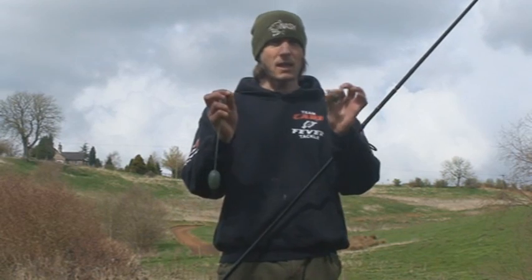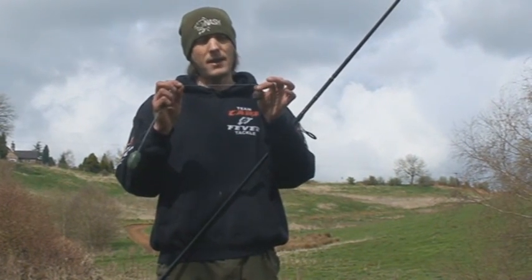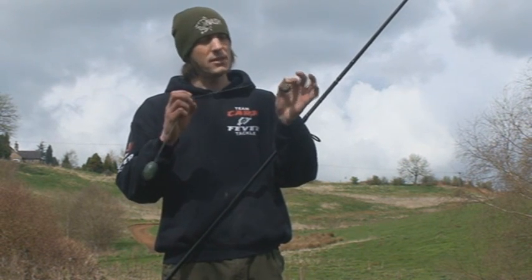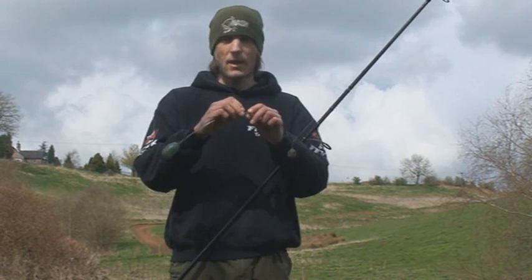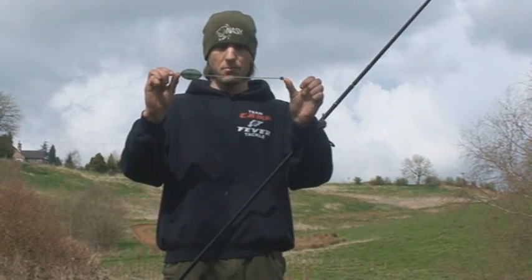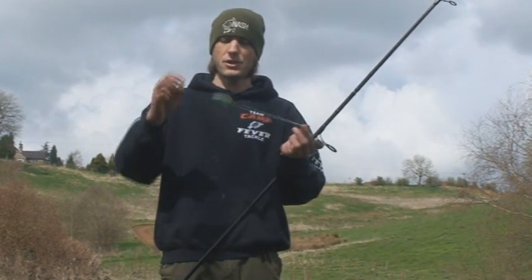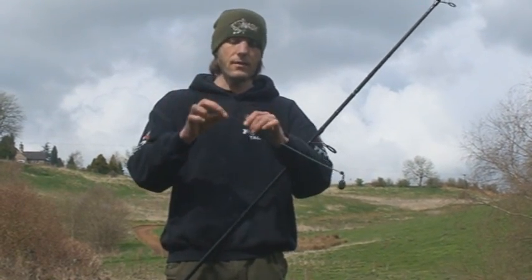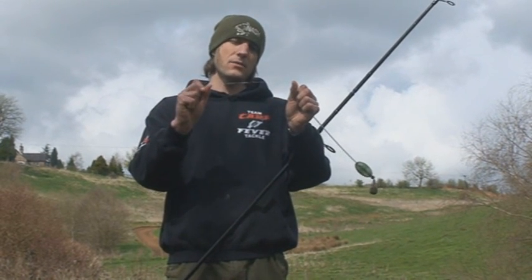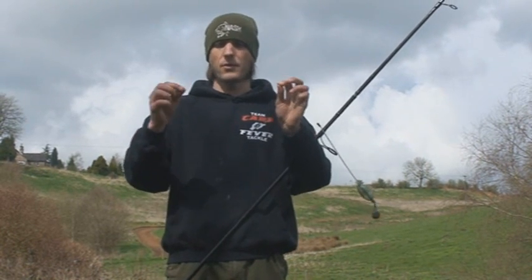Basically how you set it up is your main line, you would slide a lead. I prefer a square pair type lead in a running version, about 3 ounces like this one is. So you thread that up your line. This is a Fox adjustable zig rig with a boom, big bead at the end of it. That gets put on bead first, so the float's standing at the other end. To that then is attached a size 8 ring swivel, and to the ring of the ring swivel is a